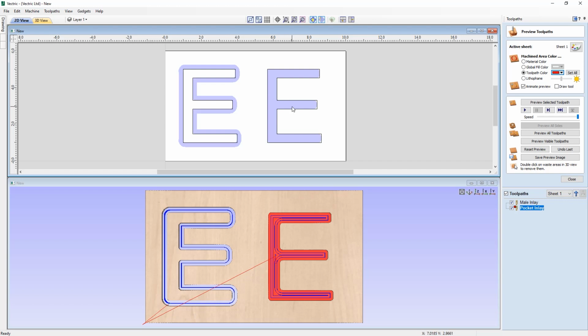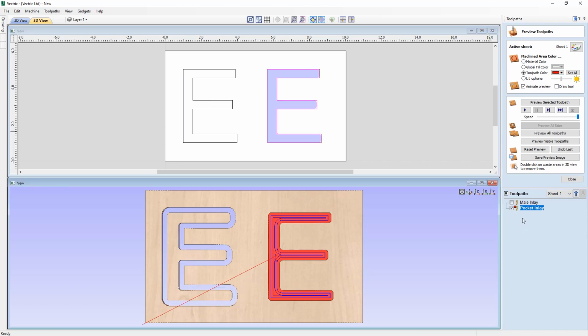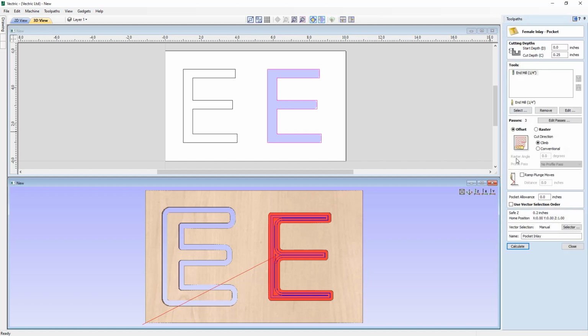Now the allowance can be applied to the male, the female, or both, but typically the best method would be to cut the male first and then use that to test to fit into the female pocket, and you can then overcut the pocket until you get the required fit. So let's just double click to go back into the pocket inlay. So in terms of applying an overcut, we can make use of the pocket allowance here, and we can put a value in and the software will overcut by the value that we enter in this field here. So we're going to go with